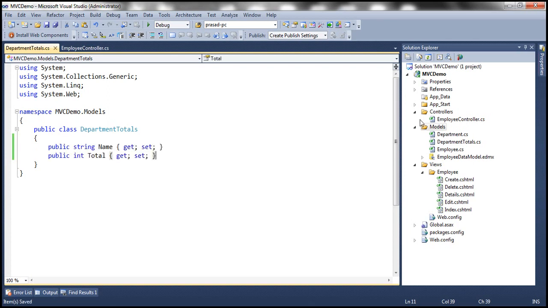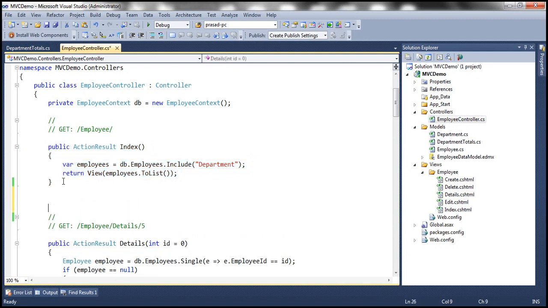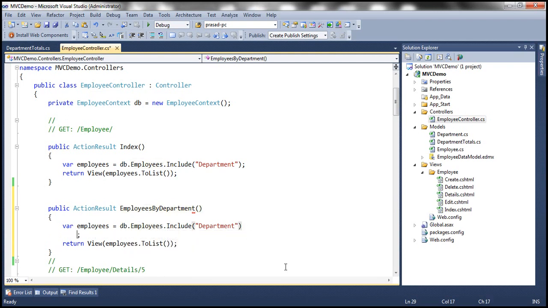The second step is to add an action method to this employee controller, which is going to return the total number of employees by department. So let's make a copy of this index action method and change it as required. Let's name our action method as EmployeesByDepartment, and we want to retrieve all the employees and include department navigation property as well, and then we want to group by x such that